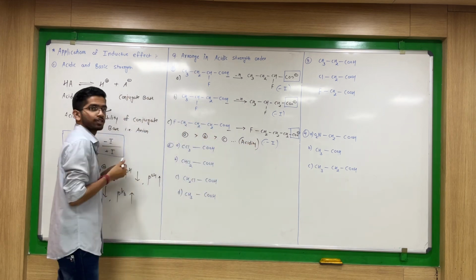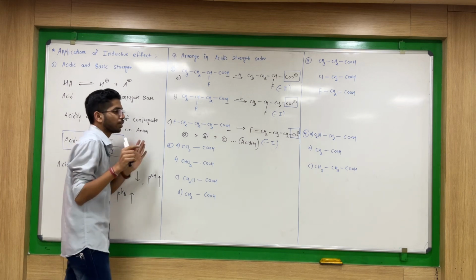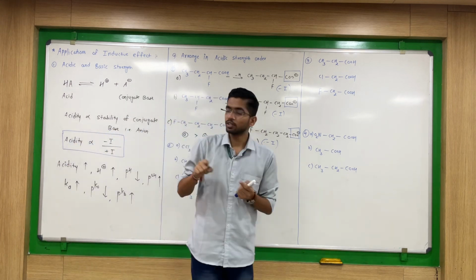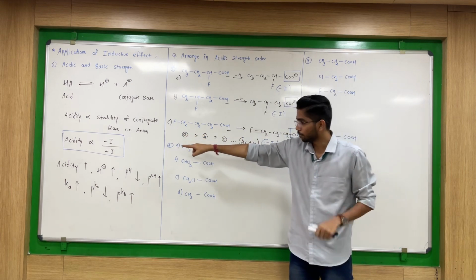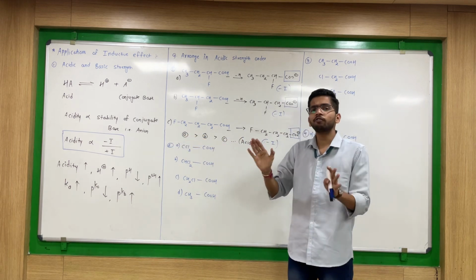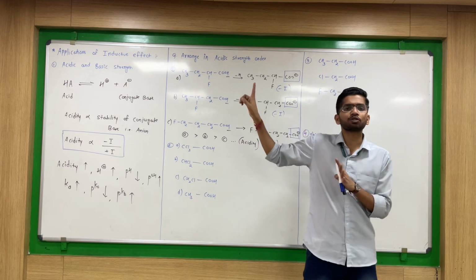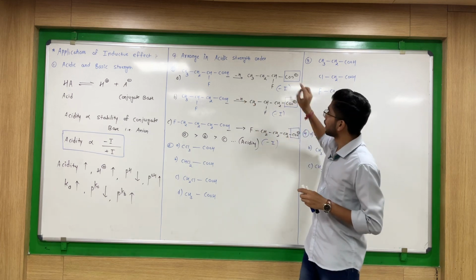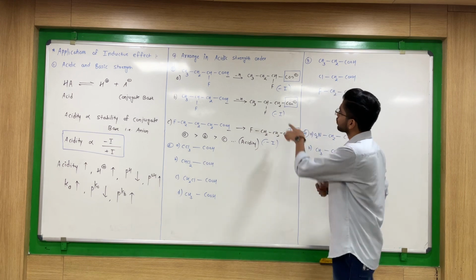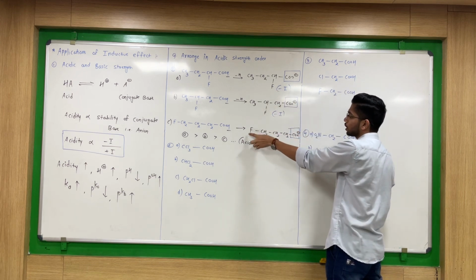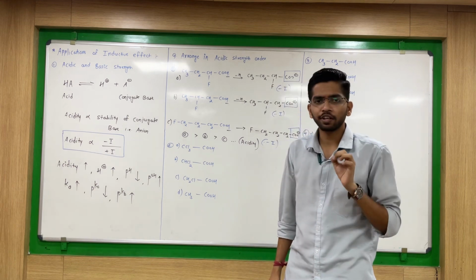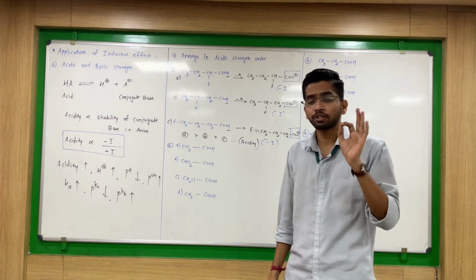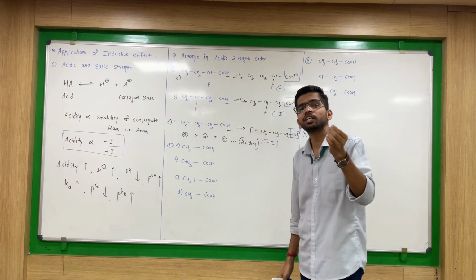Hope you understand this. I will explain again. See, for acidity, what do we have to see? Acidity is directly proportional to the minus I effect, inversely proportional to the plus I effect. I want minus inductive groups attached to the particular acid. COO minus I have here. To this COO minus, fluorine is attached. Here also fluorine is attached. Here also fluorine is attached. How to see the strength of inductive effect? First thing that we have to see is the distance.